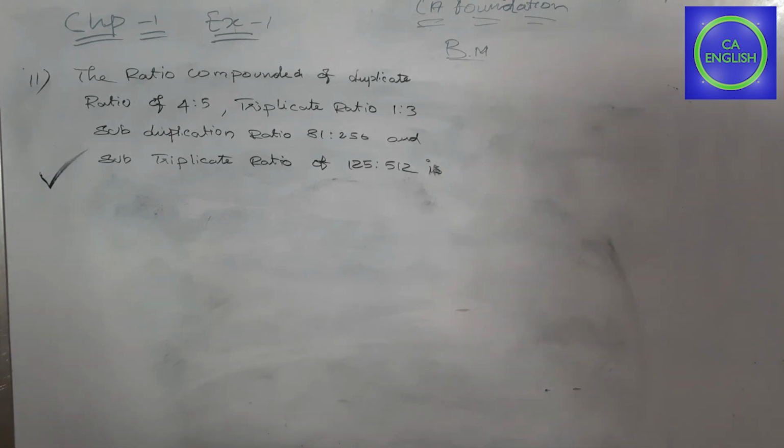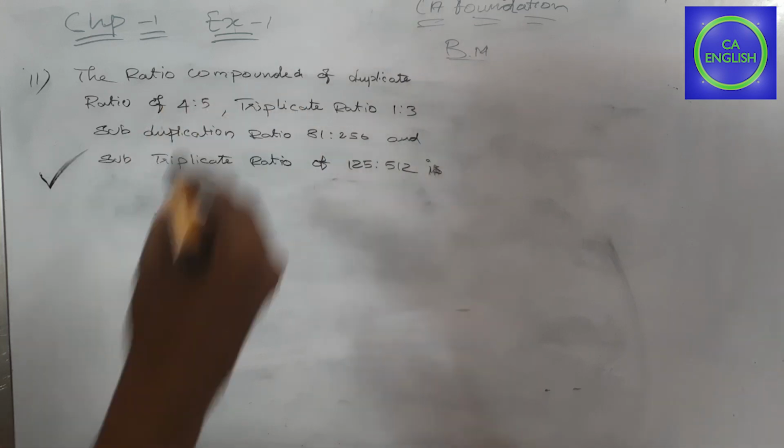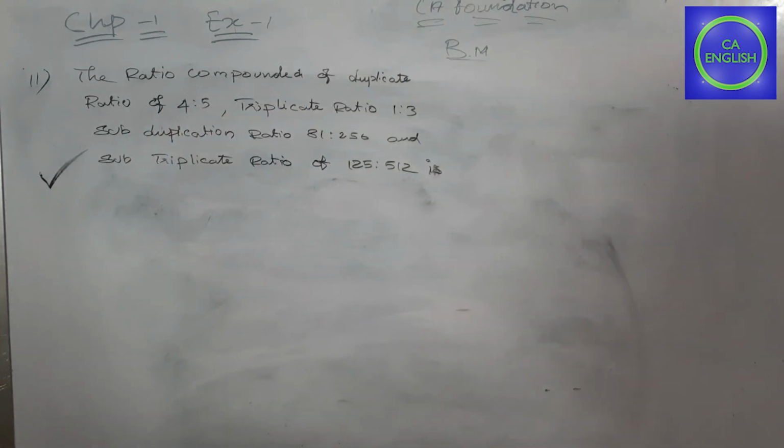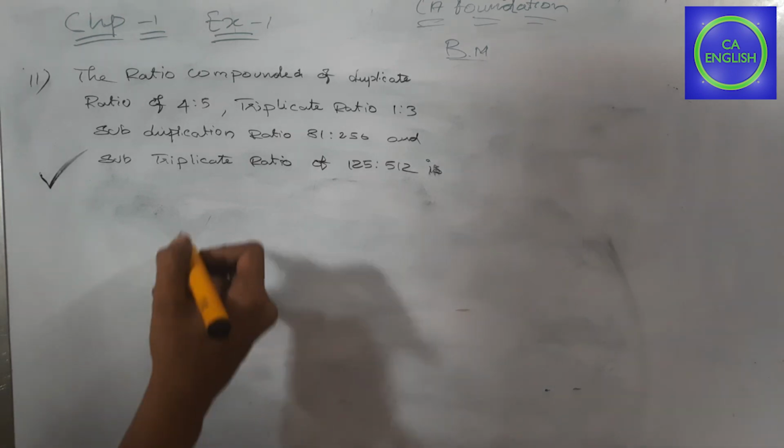The 11th sum: the ratio component of duplicate ratio is 4:5, triplicate ratio of 1:3, subduplicate ratio of 81:256, and subtriplicate ratio of 125:512. We just want to find the appropriate ratios as given. Okay, first